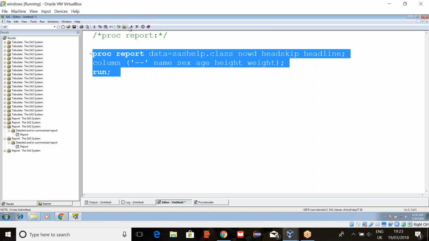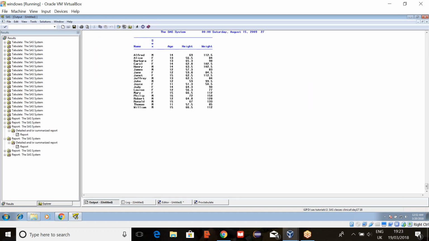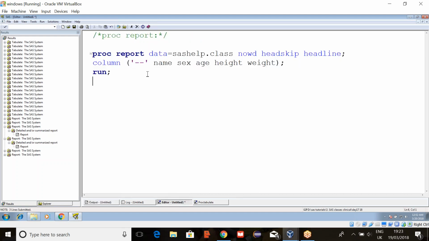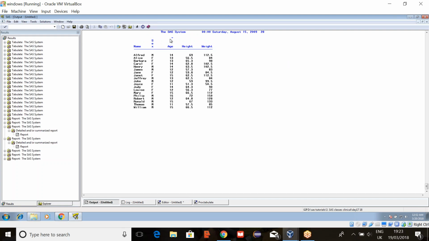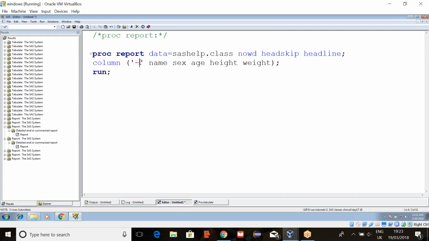You have to write 2 hyphens to give you a line on top of the variable names. If you use only a single hyphen, it will just give you a single hyphen, that's it. It will not give you a line. So you have to use two.